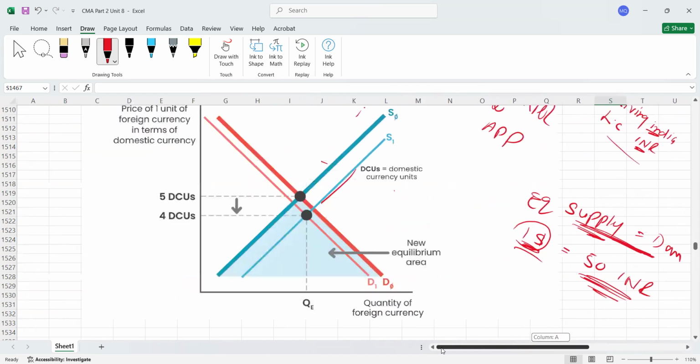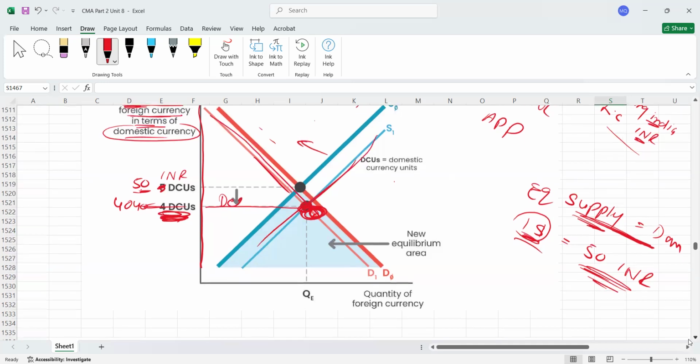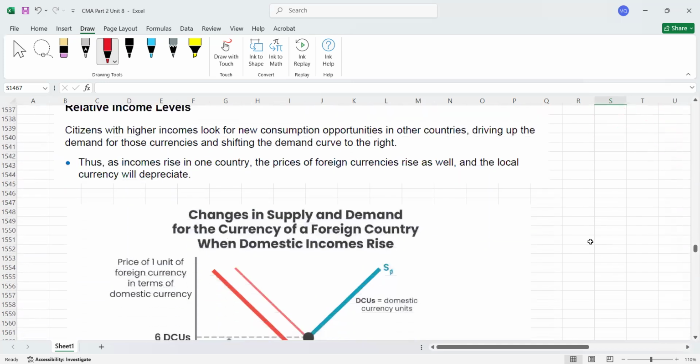Understood? So please remember, I told you so many things here. Let me show you questions now. Don't worry, you have to remember 4 to 5 points overall. Whenever there is inflation in one country, its currency will depreciate, because that country's products become expensive, so we don't need that currency anymore. So its demand will decrease and its supply will increase. A new equilibrium point will be there, and the country with high inflation will be subject to depreciation of its currency. Understood? I hope it is clear. So this is the first trade related factor. Why is it a trade related factor? Because the price of the goods is